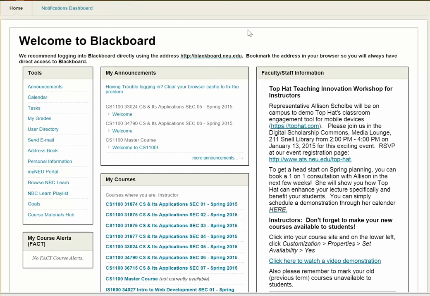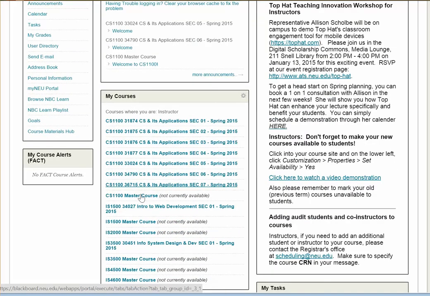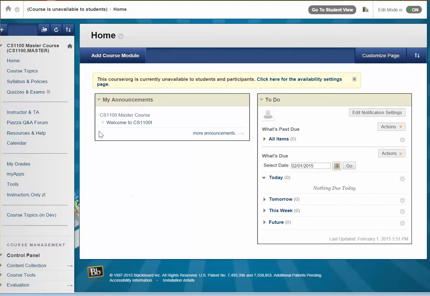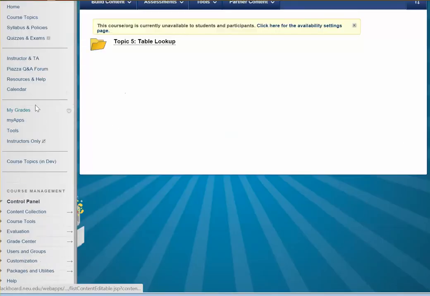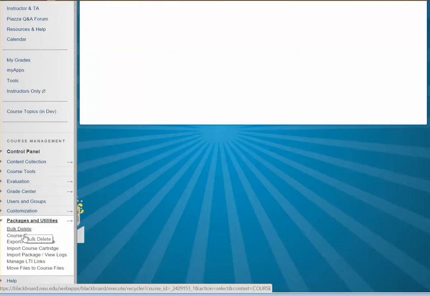So here's how you copy the week's course topic to your course. The first thing you've got to do is go to the master course for CS1100. The course topic should already be under course topics. You've got to go down to packages and utilities, course copy,